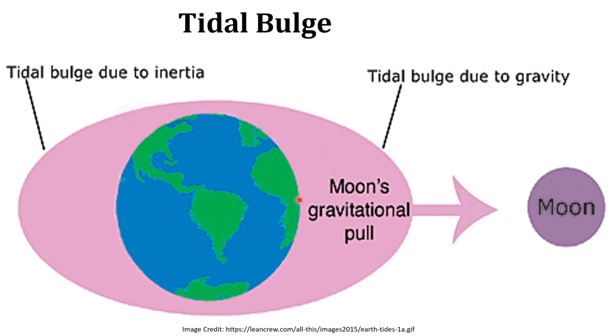As I said, the tides are also due to the rotation of the earth. So when the earth rotates, this person will reach this point after 6 hours. After 6 hours, he will experience low tide. Again the earth is rotating. When he reaches here, he will experience high tide. Again when he reaches this point after 6 hours, he will experience low tide. Again when he comes back to this point, he will experience high tide. So normally in a day, there are 2 high tides and 2 low tides.